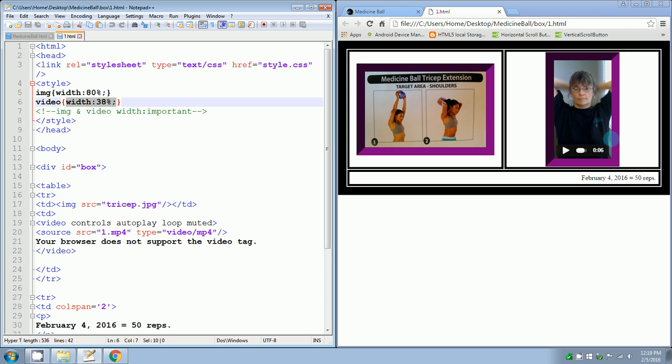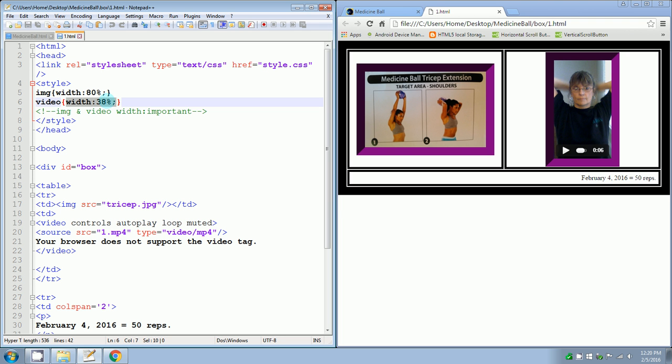My video is always the same size. It was taken by the camera. It's always the same size. So I didn't need to really worry so much about this if this were by itself. But because I have this table row in this table, and I want to fill up as much of both table data cells as possible, and these images to the left vary in length, in width, and height, I had to mess with the width and height of the image and video